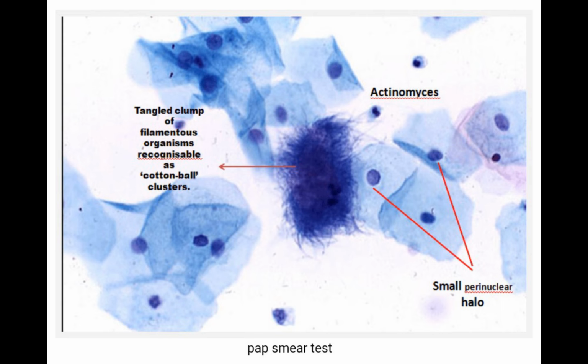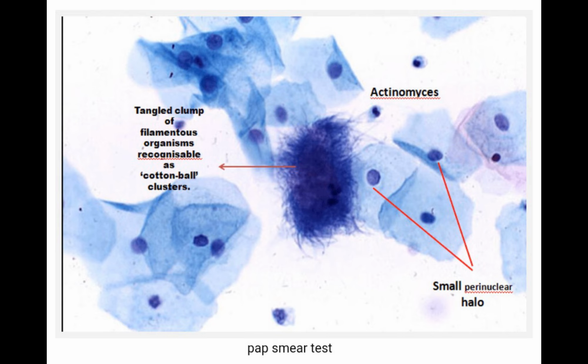Then in the gram positive we had cocci. Now we will be talking about the gram positive bacteria having branching filaments. In that we have two bacteria, namely actinomyces and nocardia. The actinomyces are anaerobic while nocardia are aerobic. The nocardia are weakly acid fast while actinomyces are not acid fast.